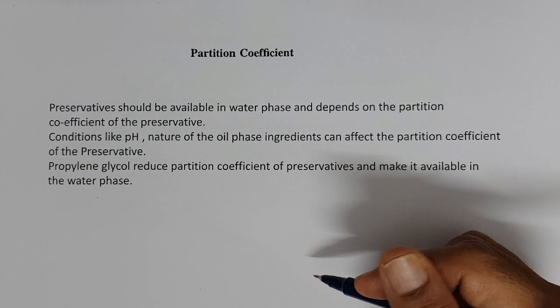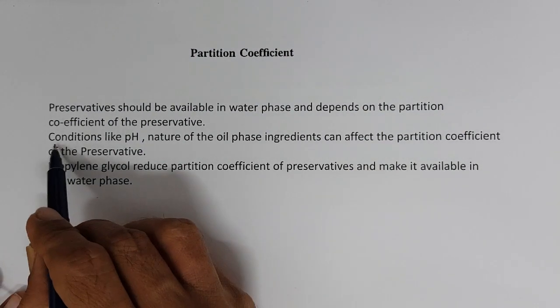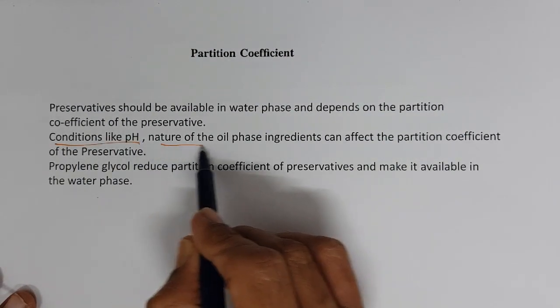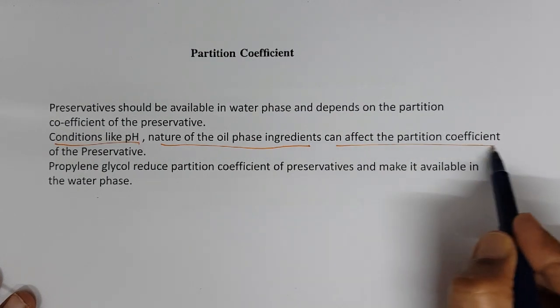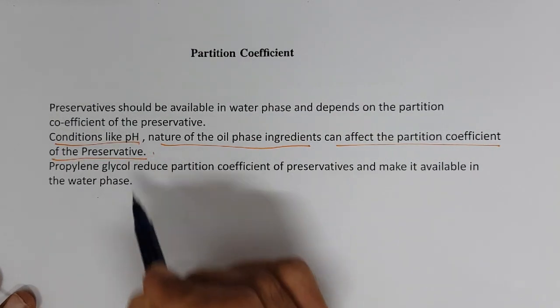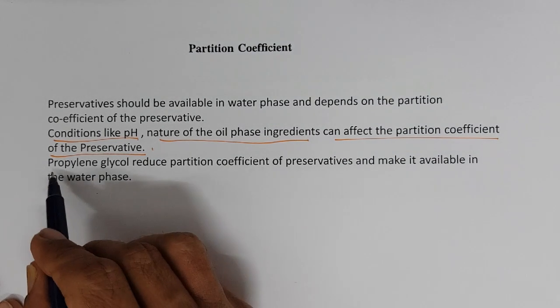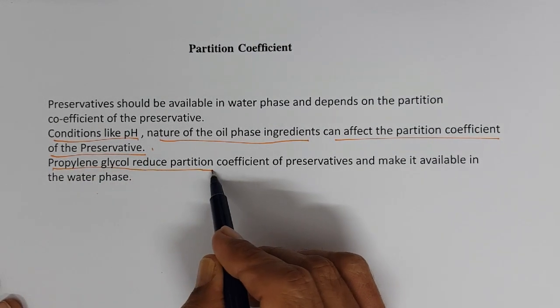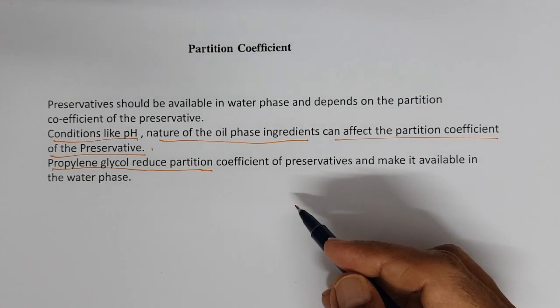So conditions like pH and the nature of oil phase ingredients can affect the partition coefficient of the preservative, right. Propylene glycol is one such ingredient, what happens now, propylene glycol